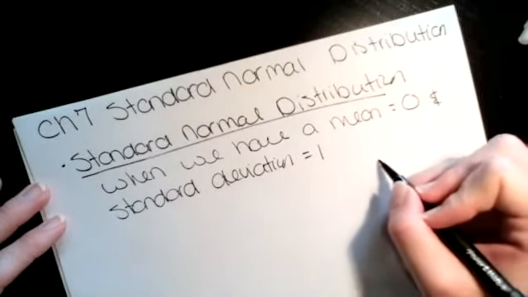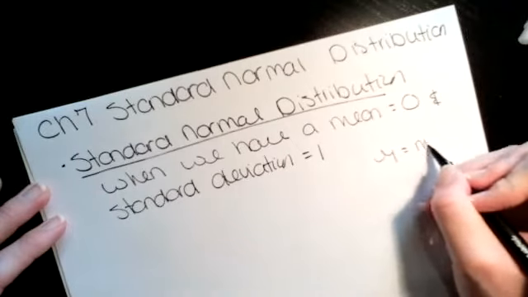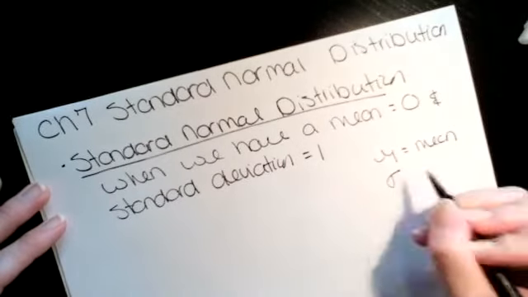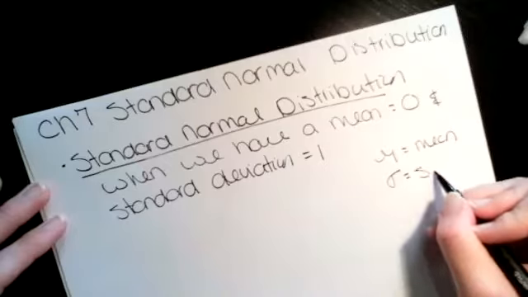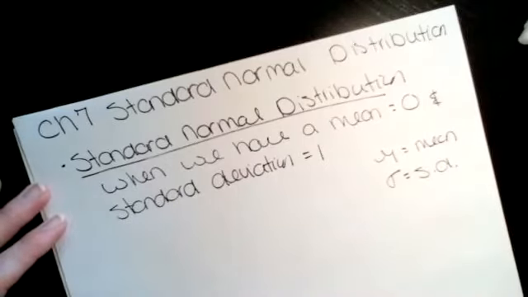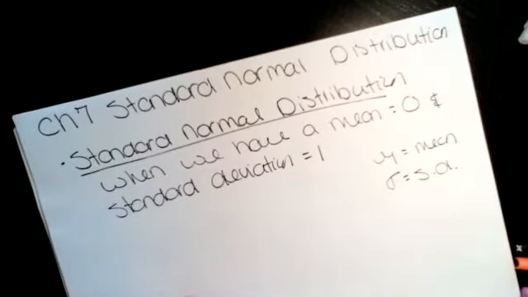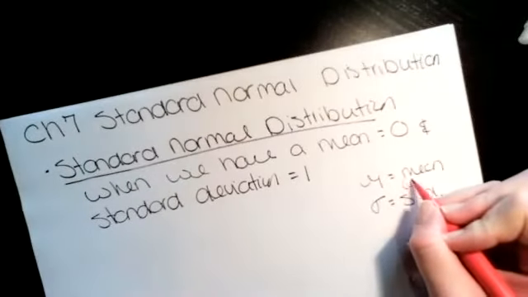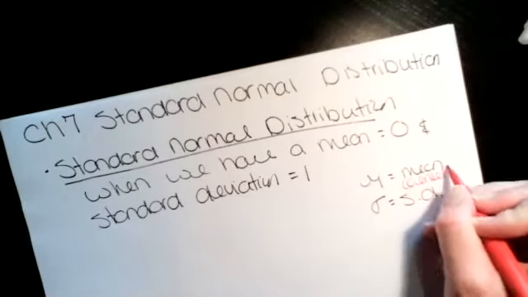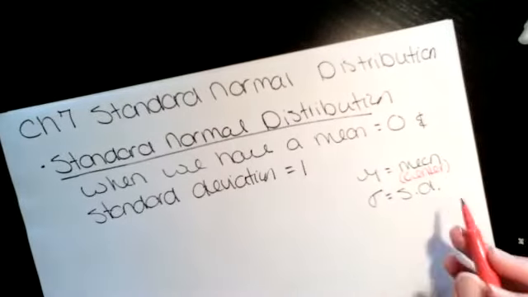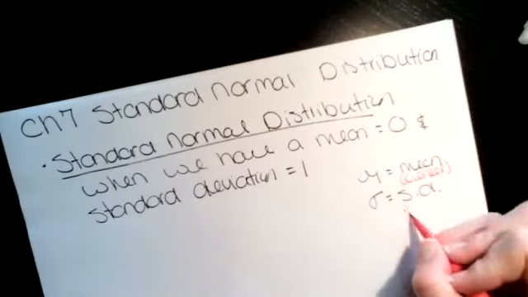The mean, we use the notation mu for our population mean, and sigma for our population standard deviation. The mean is our center of our distribution, and sigma, our standard deviation, is the spread